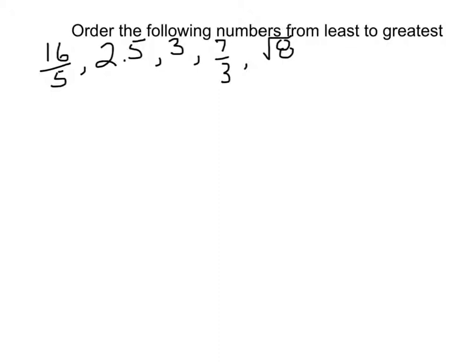And so I think it's best to look at numbers like this. Well, maybe not best, but easiest. It's easiest for me to look at decimals. So I think we'll leave those integers and those decimals alone and try to come up with a decimal equivalent of all these other numbers. So if I want to look at, say, 16 fifths, if I divided 16 by 5, I could actually do